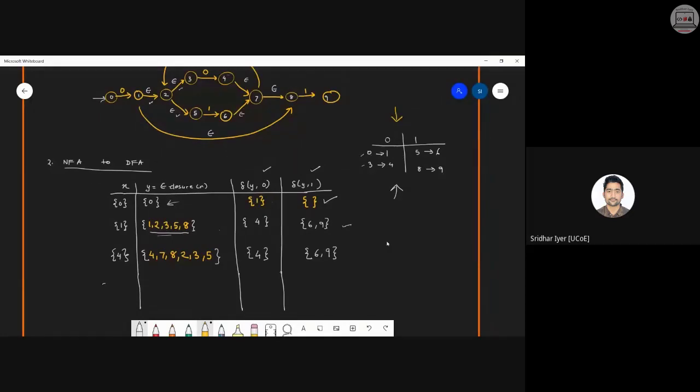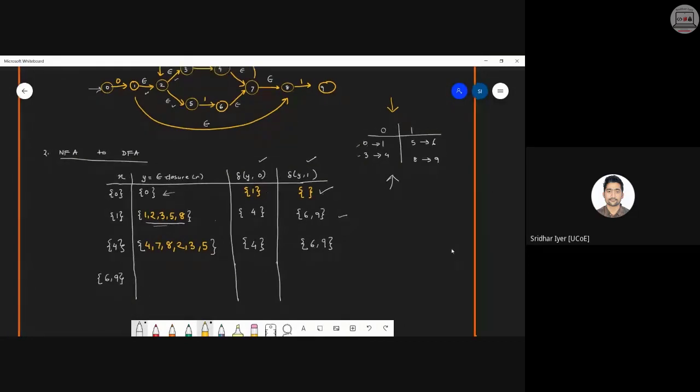So we are going to consider 6 comma 9 as the new value over here. Order is not important. Again, I am telling you, you can take any particular value. You could have started with 6 comma 9 instead of 4. I am simply following a left to right fashion. I will consider the empty set at the end.